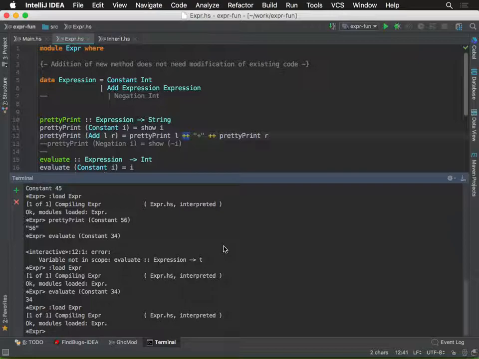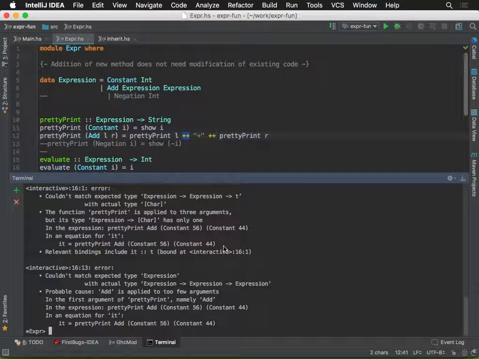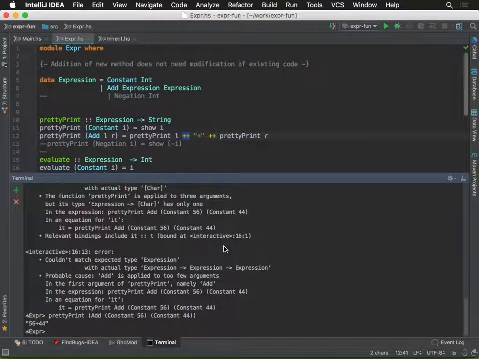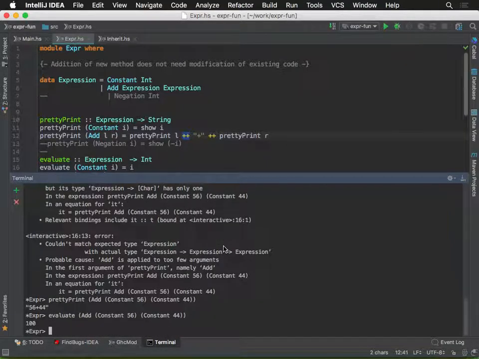So last time we evaluated and it is pretty print. This time we're going to say add. So printing doesn't actually evaluate, it just tells you what you're going to do, right? If I try to evaluate it,